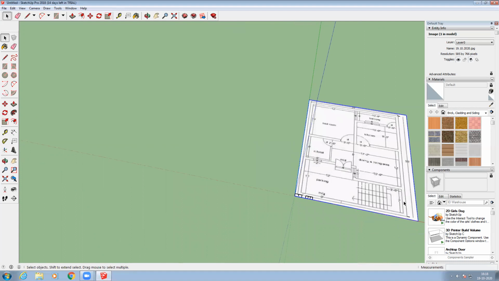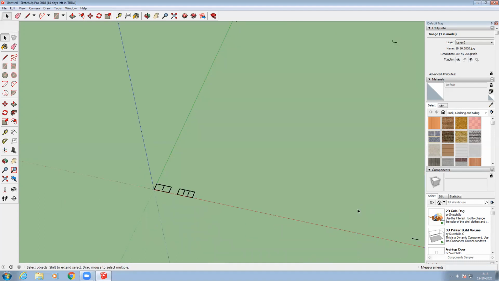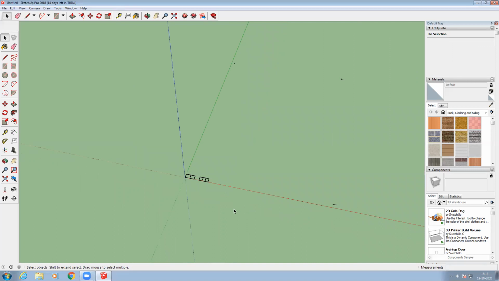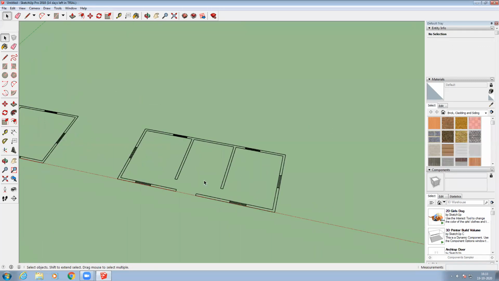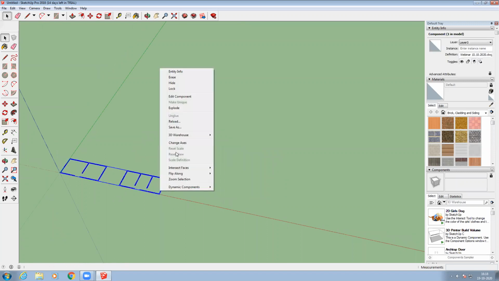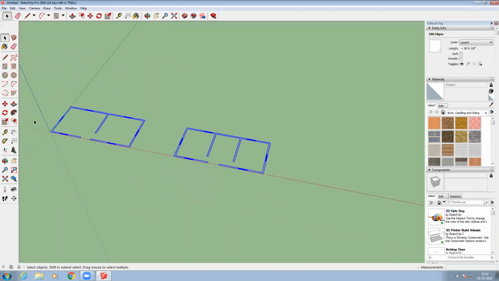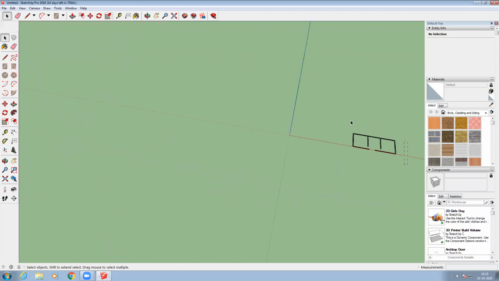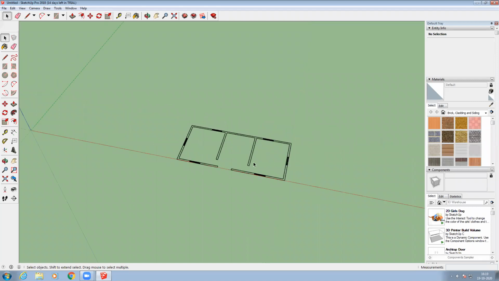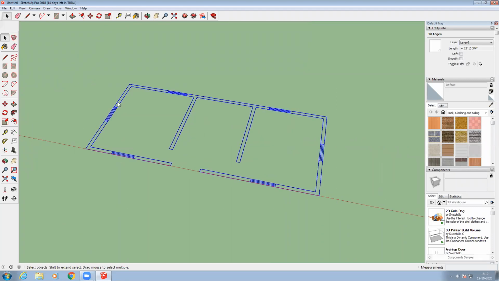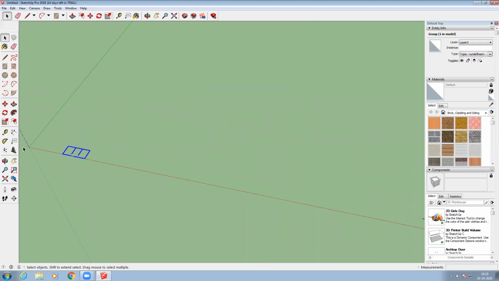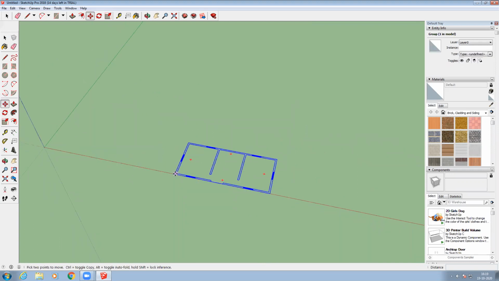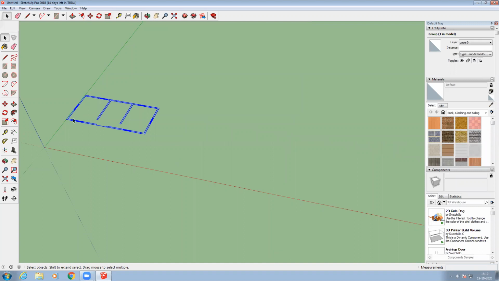What I'm going to do is hide this particular image now, right? I don't want it now, so I'm going to hide it. Only this pic I'm going to take. At that time, I just remove this group, that is, I'm going to explode it, and then I don't want this plan, I only want this plan. Then I just copy this, make a group, and then move it to the origin, right? And then again you just explode it.